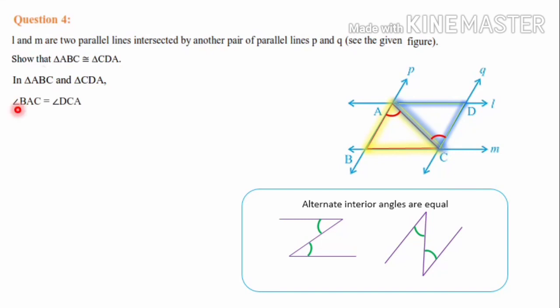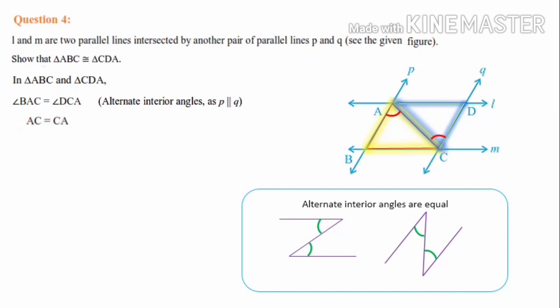Then we can conclude angle BAC is equal to angle DCA. The reason is alternate interior angles and also P parallel to Q. Alternate interior angles will be formed only with a pair of parallel lines when it is cut by a transversal. If parallel lines are not there, then alternate interior angles will not be formed. Again, one more pair is there that we will find out later.